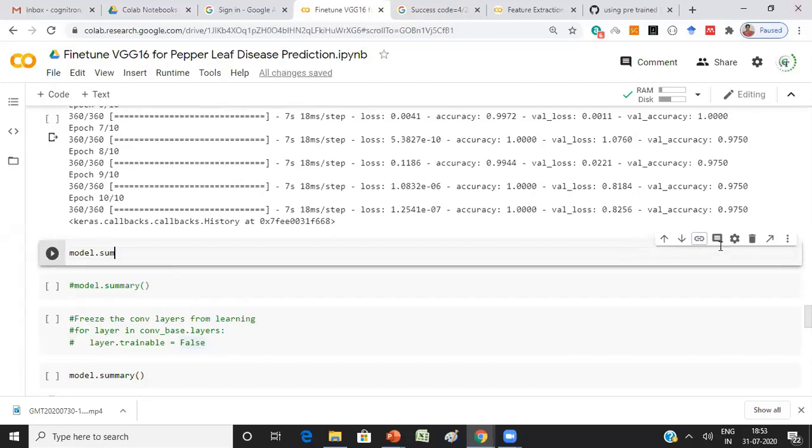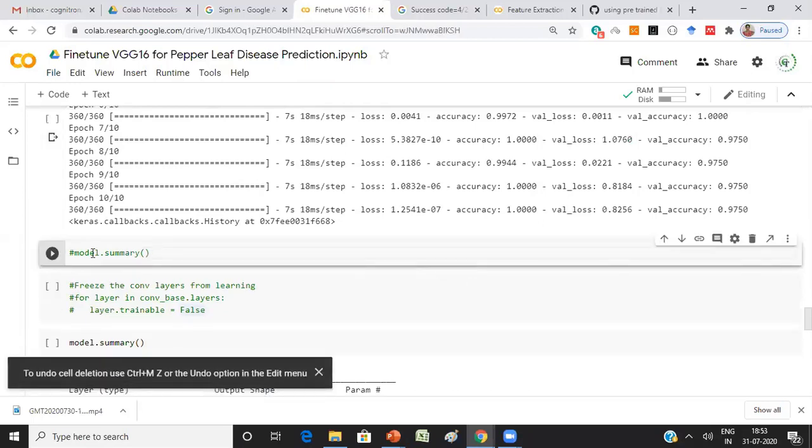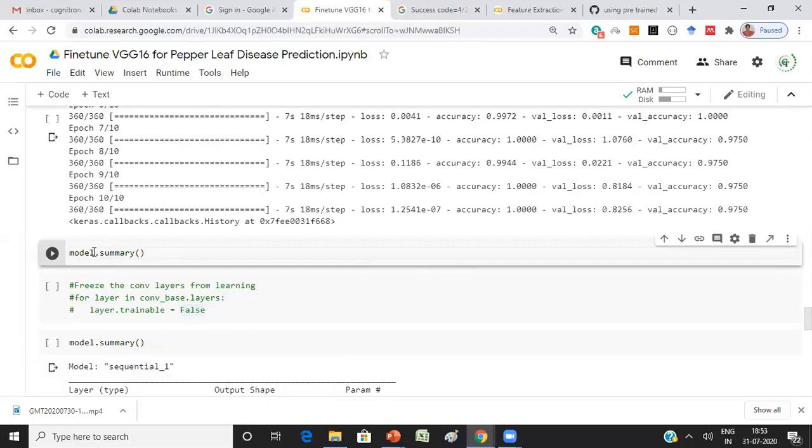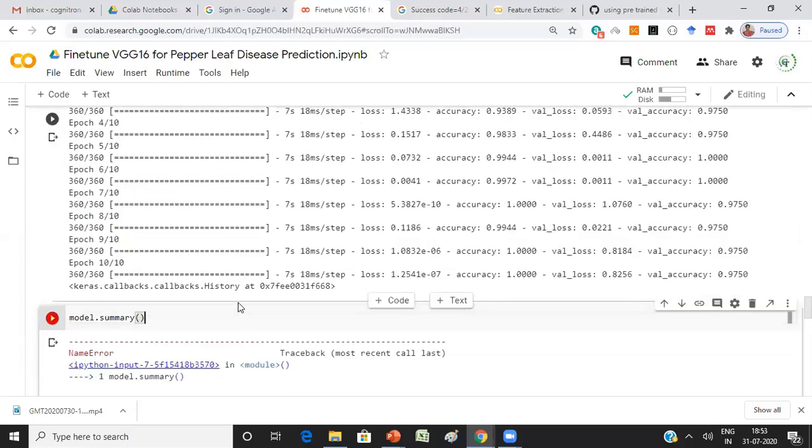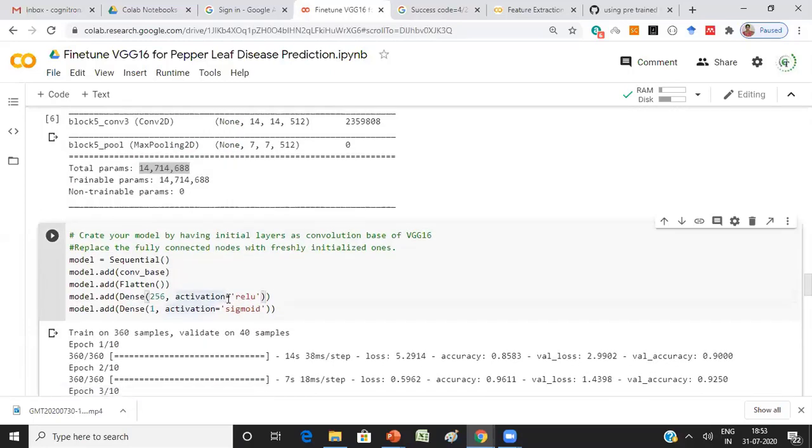Now let me run this, I just want to show you what your model is now after adding the convolution base and the fully connected layers. Summary. I didn't run this code, I think.